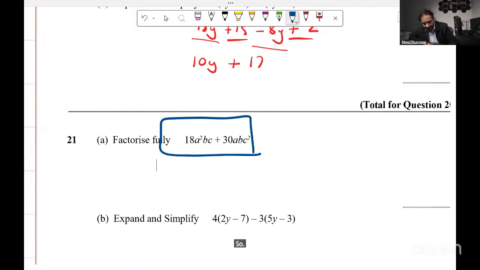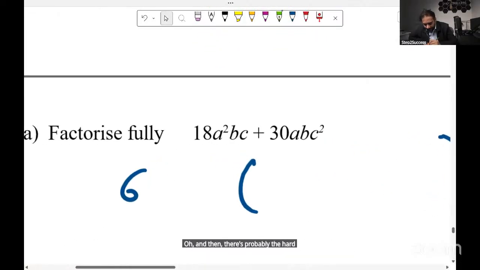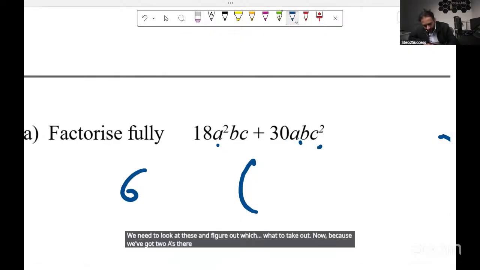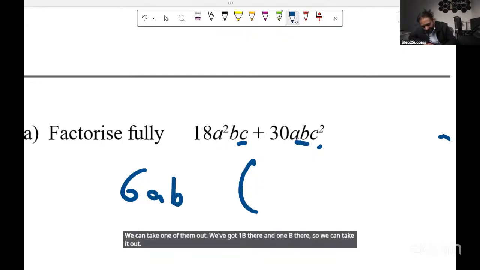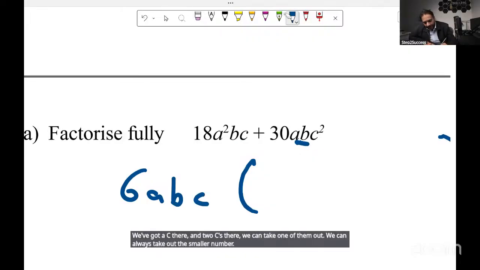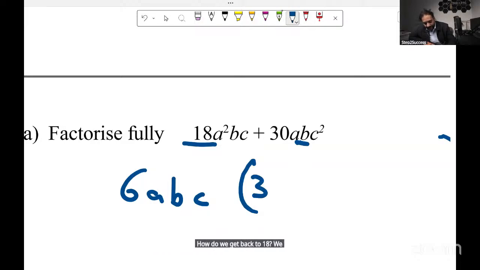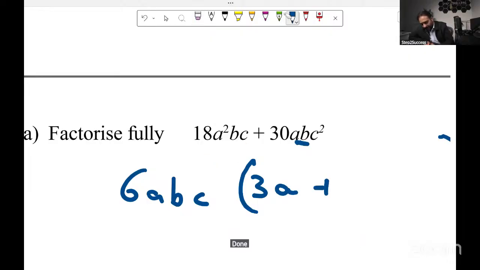So highest common factor of 18 and 30 is 6, I believe. Oh, and then this is probably the hardest question so far. We need to look at these and figure out what to take out. Now, because we've got two A's there and one there, we can take one of them out. We've got one B there and one B there, so we can take it out. We've got a C there and two C's there, we can take one of them out. We can always take out the smaller number. How do we get back to 18? We put a 3 there. How many more A's do we need to get from here to there? We need one more. Do we need any more B's? No, because we've already just got one of them. Do we need any more C's? No. Done. Plus, how do we get from 6 to